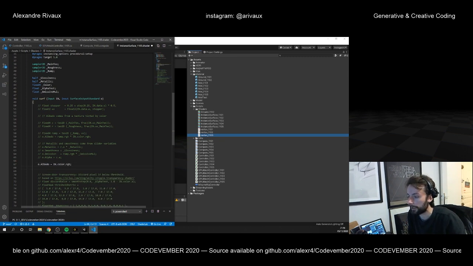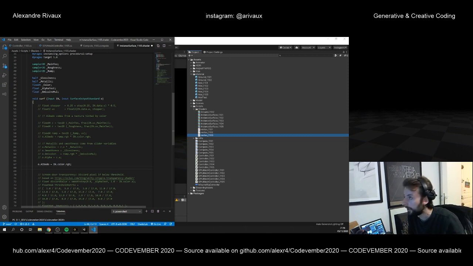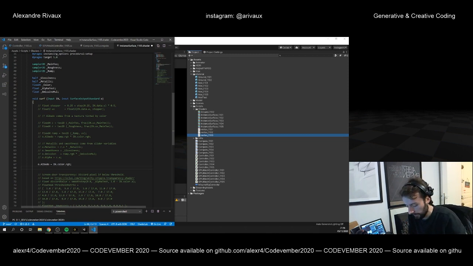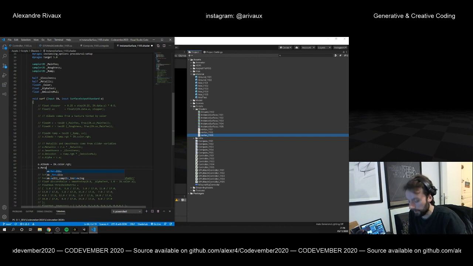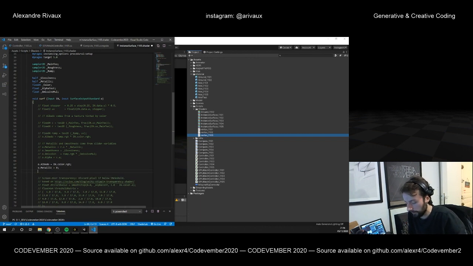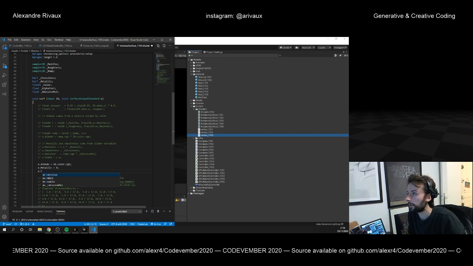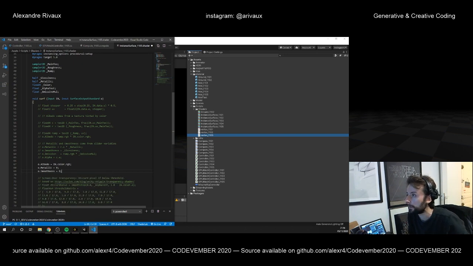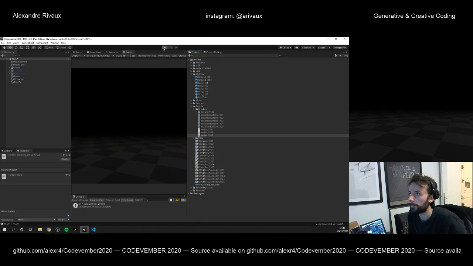Okay, so this is the data coming from the compute shader, and we will try to modify this. The o dot metallic will be equal to 0 right now. It will be the same for the smoothness, which will be equal to 0. The alpha, we don't use it, we are opaque, so